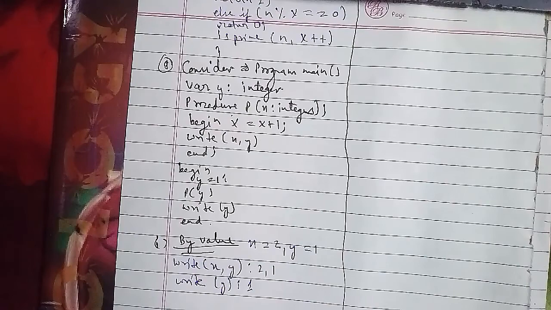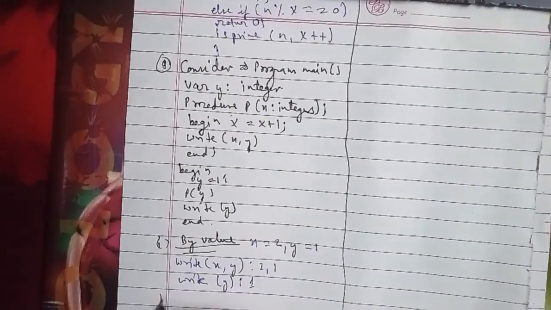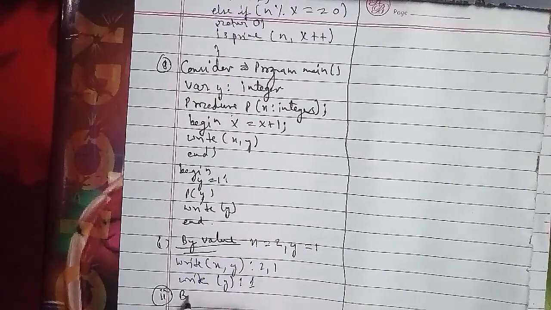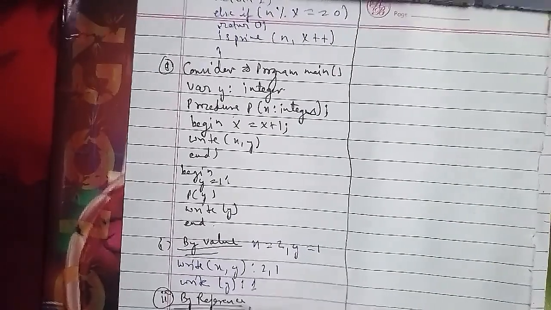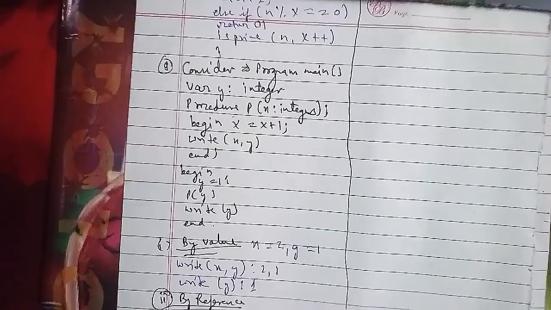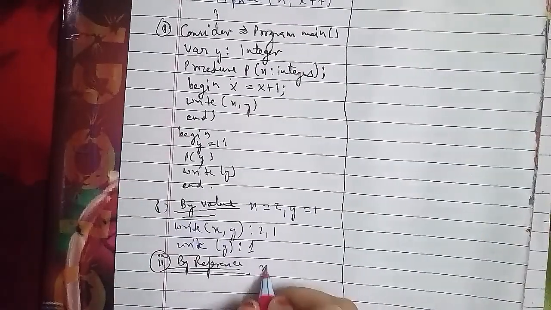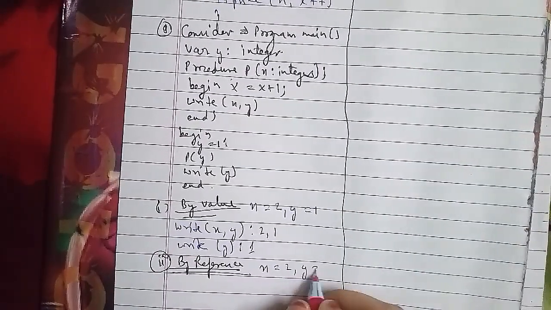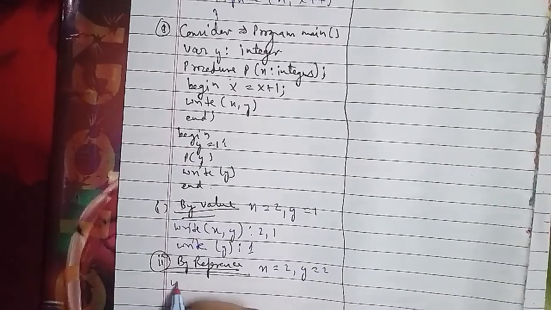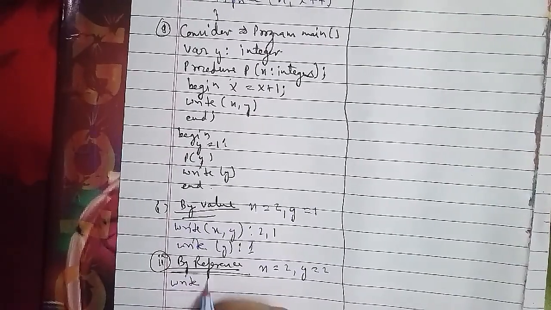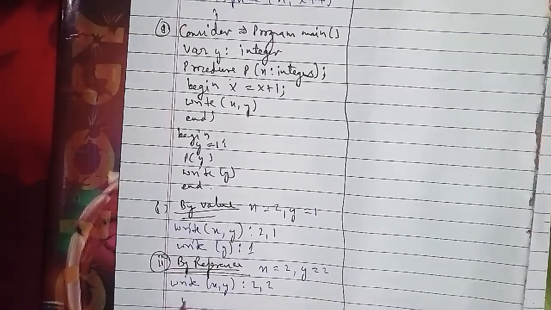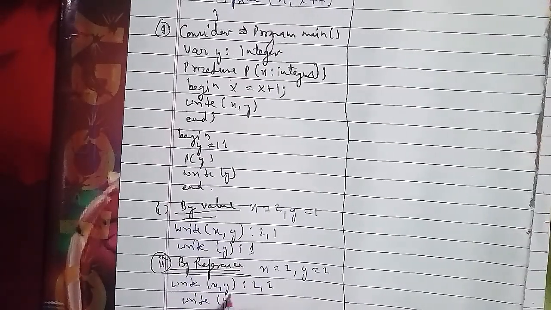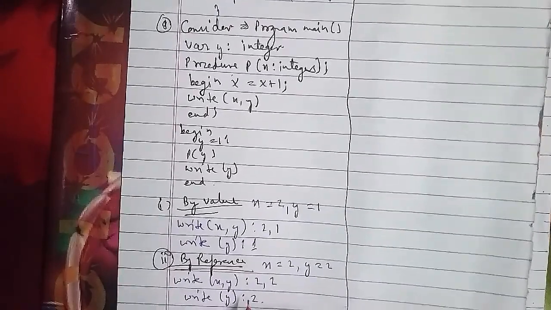So now we'll go ahead with another question that we have to discuss. The other question is all about what we have to solve. The question is: suppose that the procedure swap is declared as follows. So let's go ahead with the question here. The procedure we have, procedure swap